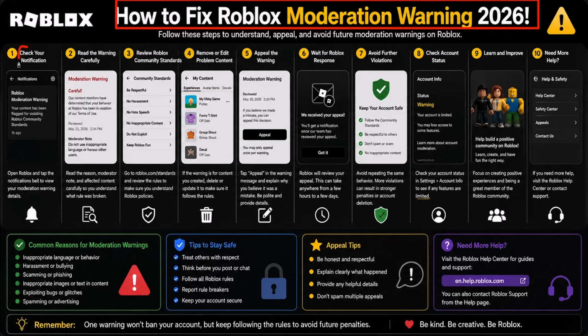So the first thing you want to do is simply go ahead and check your notification to see what the warning detail is about. So as you can see, it says your content has been flagged for violating Roblox Community Standards. So you want to simply go ahead and read the warning carefully. What is it about? You would really want to understand it. And if that is not the case, then you want to go to